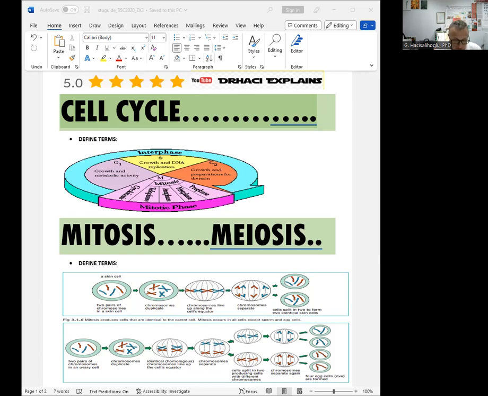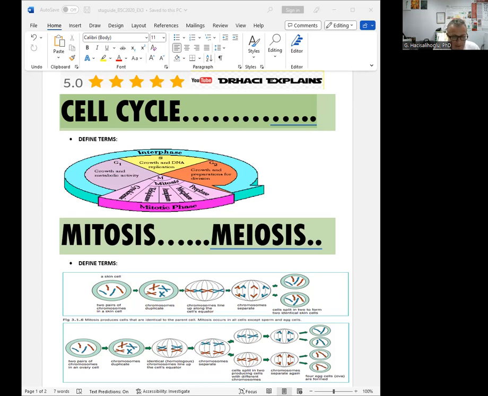Okay, so a eukaryotic cell cycle is also regulated by a molecular control system. That's very, very important, because if cells don't follow this molecular control, it might cause issues like cancer, cancerous cells and tumors, and can go on like that.